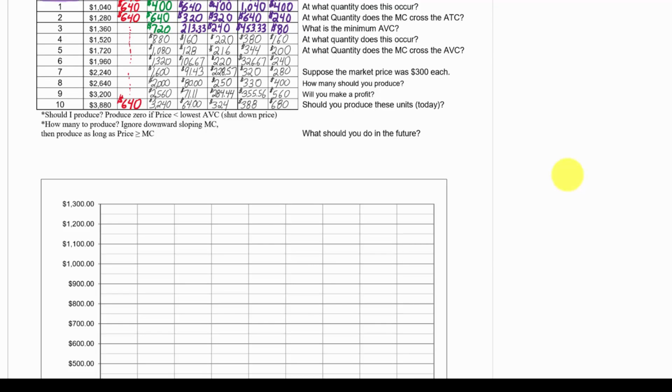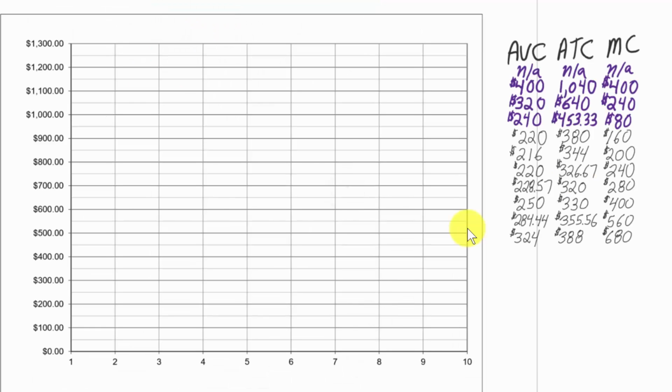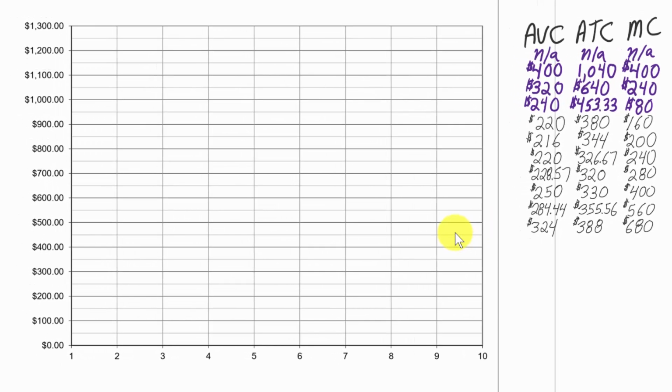And it's helpful if you have colored pencils or pens that you can do this in. I'll do marginal cost in red. And to help us as we graph these, I copied and pasted these numbers here so we can look at them as we graph them. So marginal cost of the first unit is $400. Marginal cost of the second unit, $240. So I'll put it just below the line that would be $250 here, in between $200 and $300. And then down to $80 for the third,